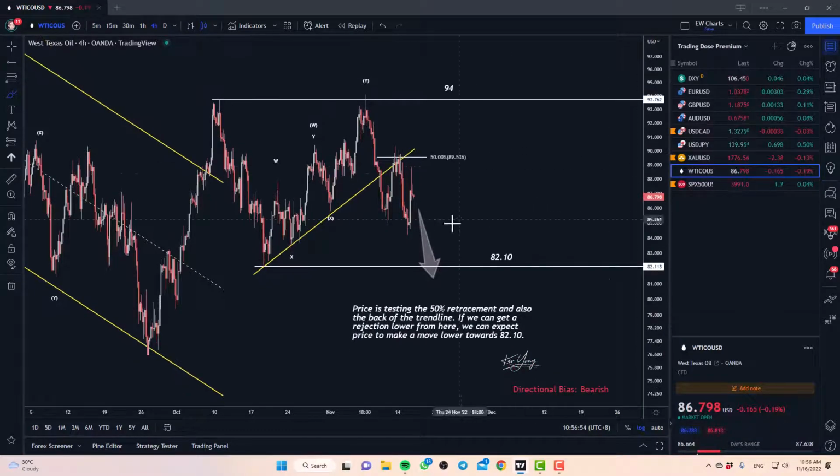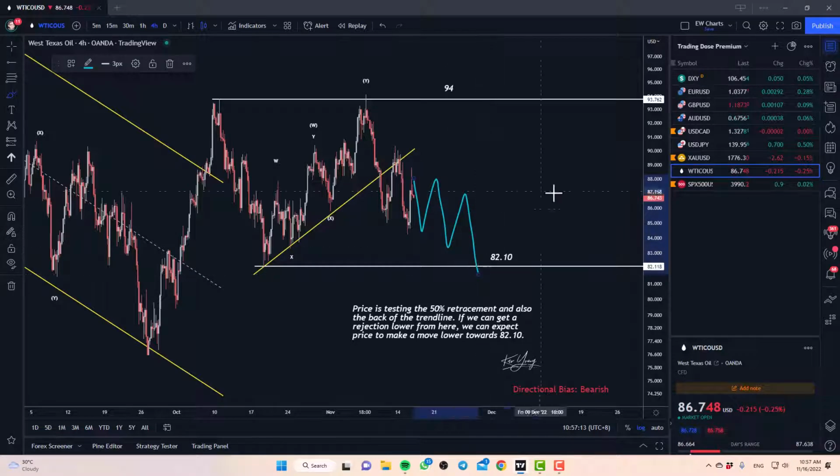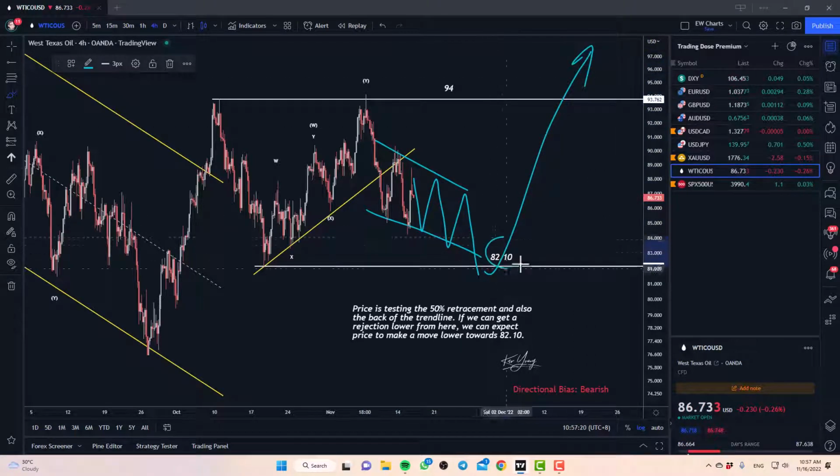Crude oil over here is not that clear as of now, because initially we wanted this to just keep falling, but we start to see a little bit of a V-shape forming in the smaller time frame. So there's a different possibility of how this can play out eventually. This can still drop overall, but if it drops, it's likely going to do something like this, which means after that, it'll be a very decent trade for us to look for a buy around 8210, because then this would be kind of like a crawl pattern.